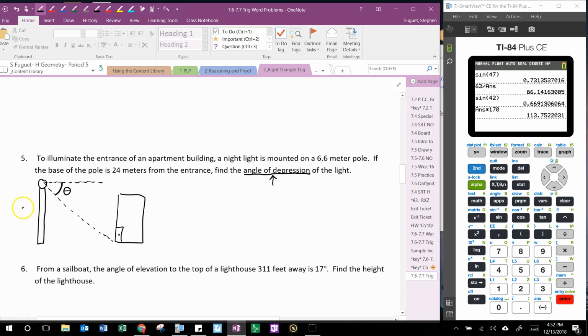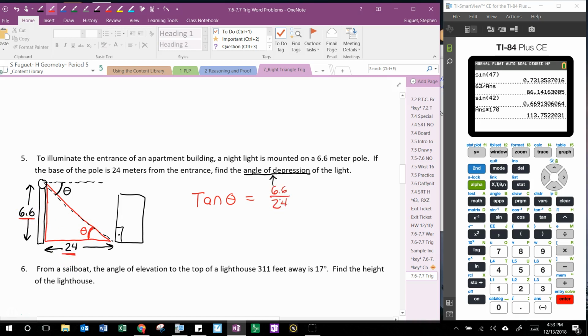Let's label some of the other things in this drawing. We have a 6.6 meter pole, which is this. And the pole is 24 meters away from the entrance. So we have our triangle here, which I'm going to trace out in red. Now notice that the theta that we're trying to find is not part of that red triangle, but as I mentioned earlier in the video, that theta is an alternate interior angle with the building's angle of elevation. So those are essentially the same thing. And so in this case, we're going to be using the tangent ratio for this problem because the tangent of angle theta down here at the bottom is the opposite divided by the adjacent,